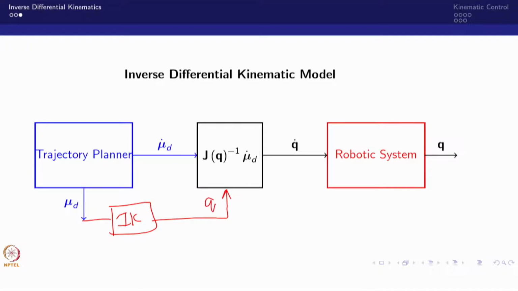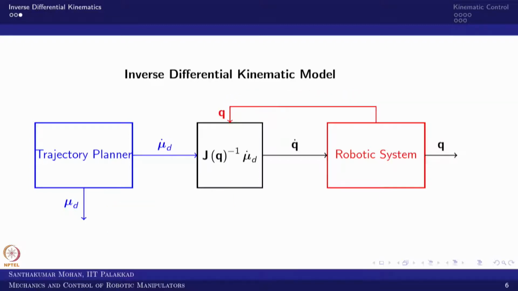So the q desired can be fed. Then this would be Q desired, or we can take the Q as the feedback and directly use it as J of Q. So either way we can do it. More commonly, when we work with a real time system, the Q is easily obtainable, so we can consider it as feedback. But strictly we have to do this, though more commonly we use it in this aspect. Where we assume Q is known to us, in the sense J of Q inverse exists.